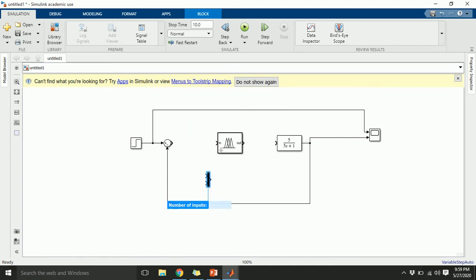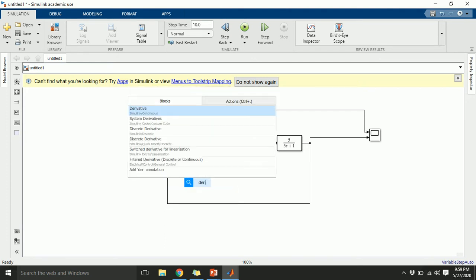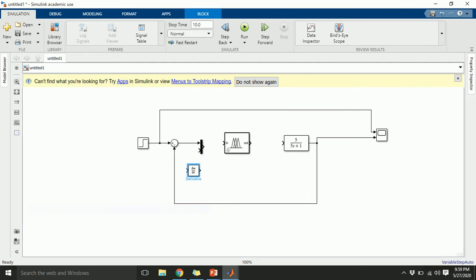And then this fuzzy system must be getting 2 inputs. The one input is error and another input is derivative of error. Okay, so let me connect them, and let me connect the output of this system to this thing.